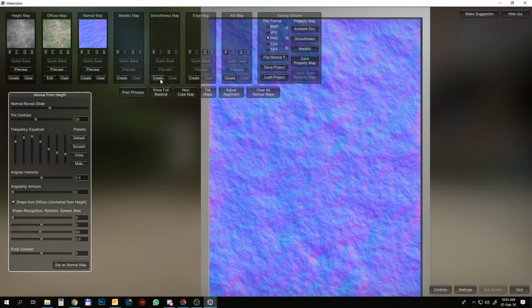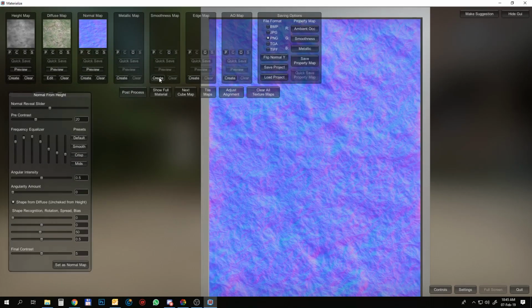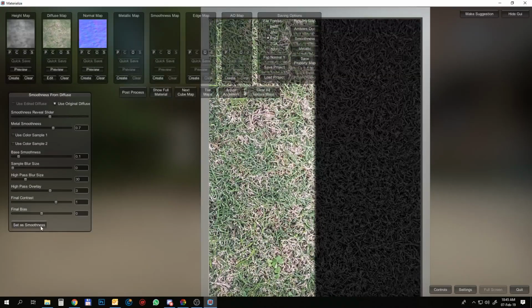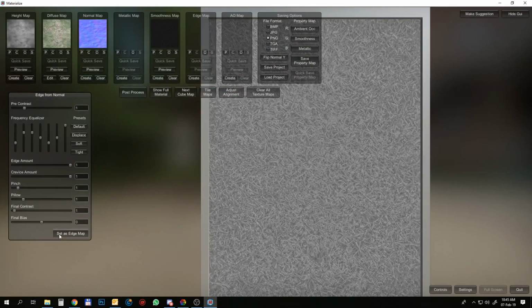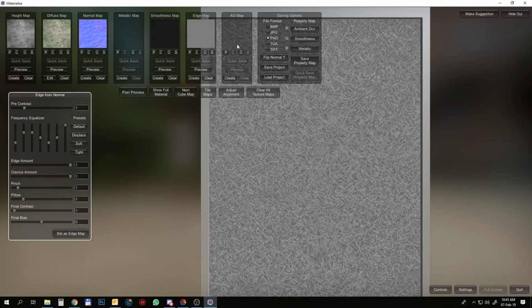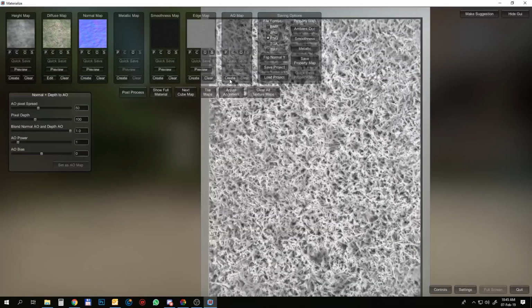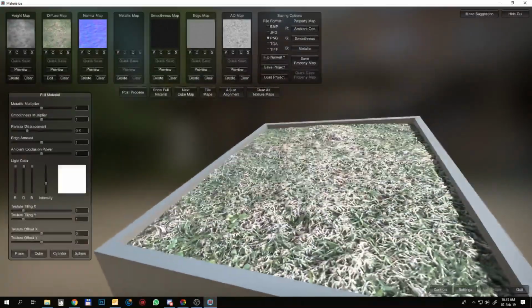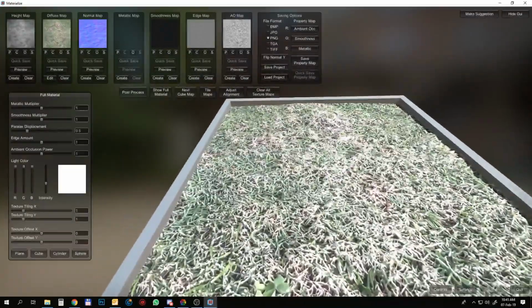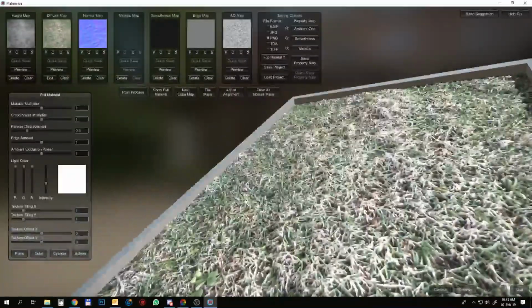Okay, metallic at the moment is not needed. Smoothness. Okay, edge map and ambient occlusion map. At the moment I leave the parameters in standard mode. I don't touch anything, but if you want you can change them. Okay, this is the result. It's a great result, really nice